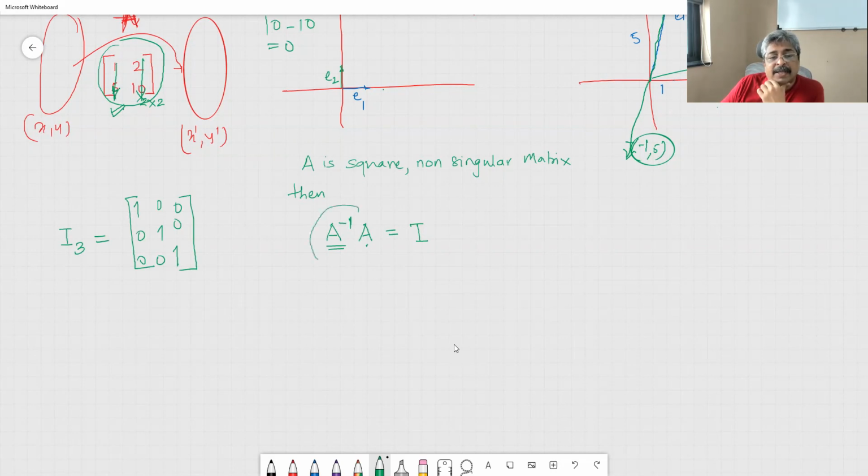There are a couple of methods of finding A inverse, and we will study all of them. Now it is confirmed that A will have dimension n by n, and therefore the dimension of A inverse also is going to be n by n. They are going to be square matrices, and hence the identity matrix that you produce will also be n by n. So multiplication-wise they are compatible with each other. Now it is the algebra of matrix A that we need to do so that we get A inverse.